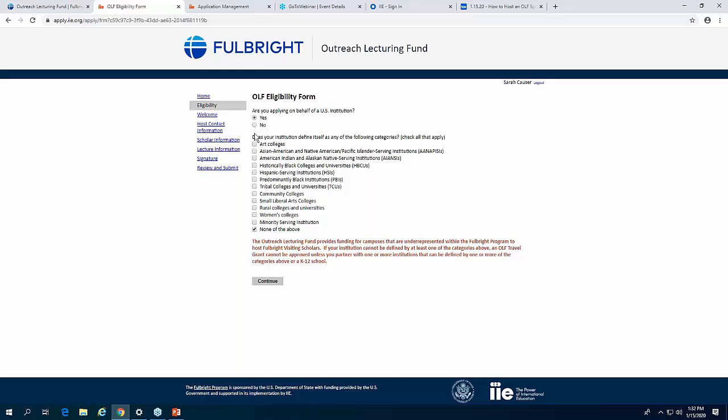So I've selected yes. The second question is asking if you are one of those priority institutions. This pertains currently, we may add another question in the future, but this pertains to your institution. So I'm going to go under the idea that my institution I'm applying from is not one of these, but I am partnering with one of these. When I clicked none, it pops up with this red warning saying, please make sure you partner. I already know I'm going to partner. I'm already ahead of the game on this. So I will hit continue.